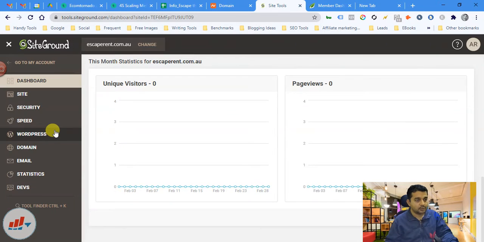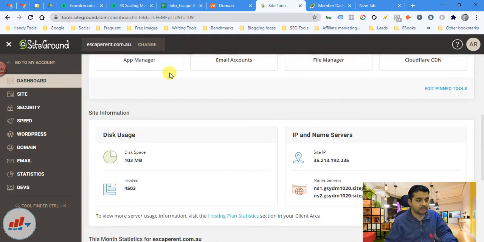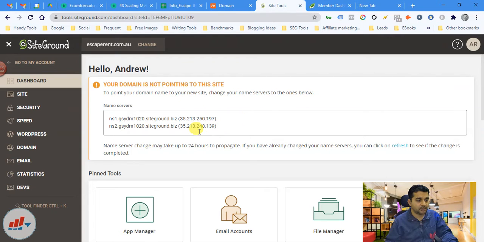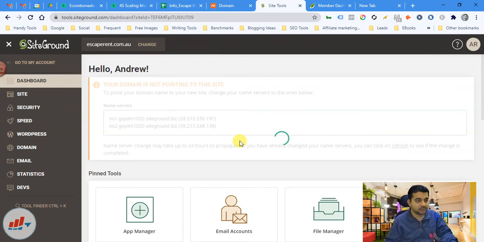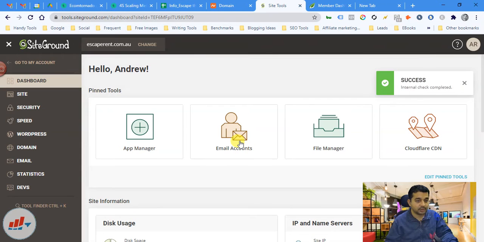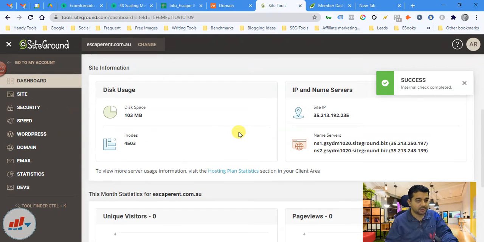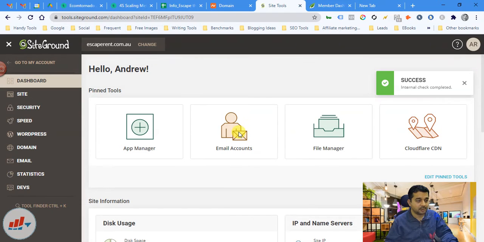This is the basic layout of SiteGround, and you can see it's currently showing us a warning that the domain is not currently pointing to us, because we have done it recently, so sometimes it takes time. But I think it's done. Maybe, yeah, maybe it's done.